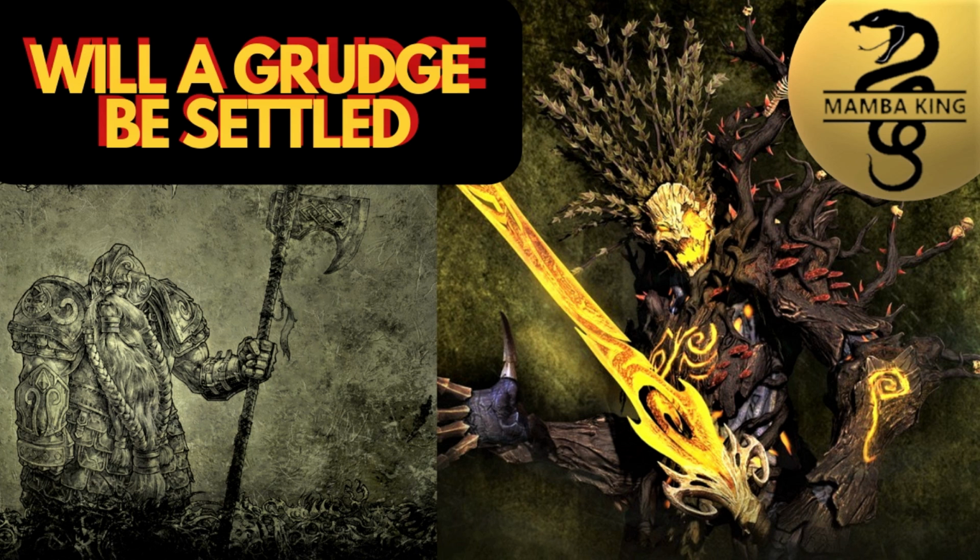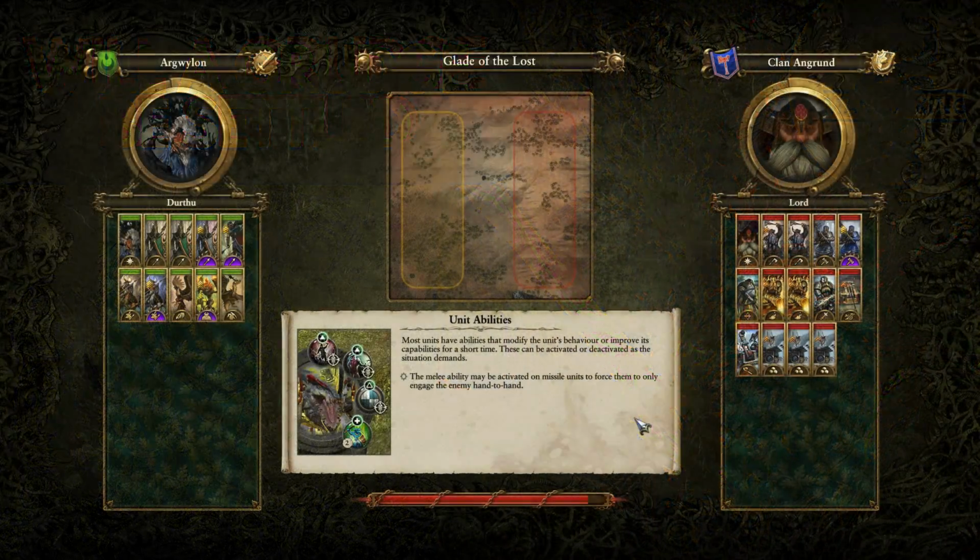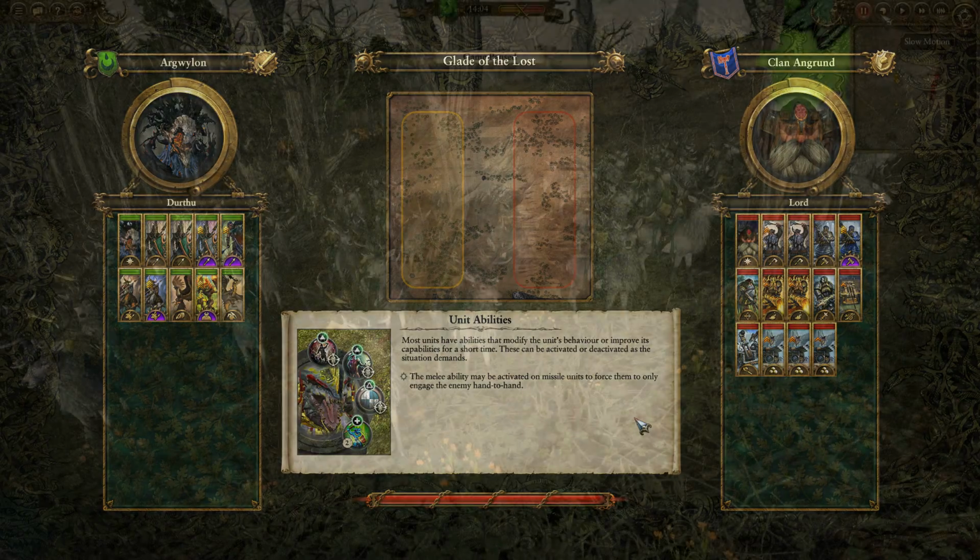In this battle, the Dwarfs have entered Athelloren to settle an ancient grudge. Will they succeed where their ancestors failed? Let's find out. I'm going to play Wood Elves more aggressively than usual, so starting at the right flank, hidden